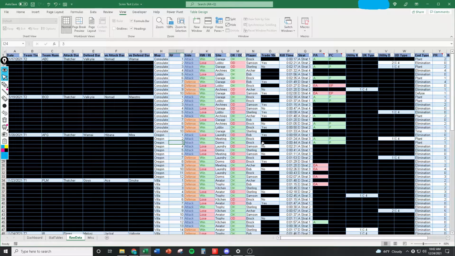So for this video, same thing as the last one. This is another scrim track sheet that I made that's a little bit more in depth. But I wanted to say that what I did here for the dashboard, which is the whole point of the video that I'm going to show in a sec after I just kind of show you the breakdown of it,